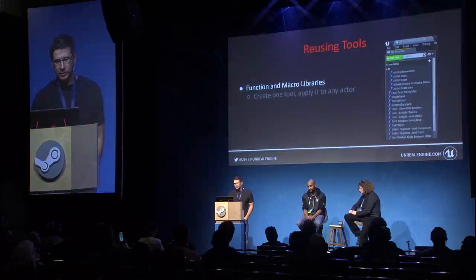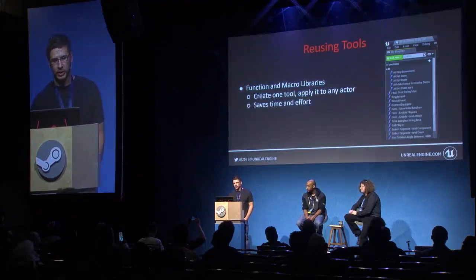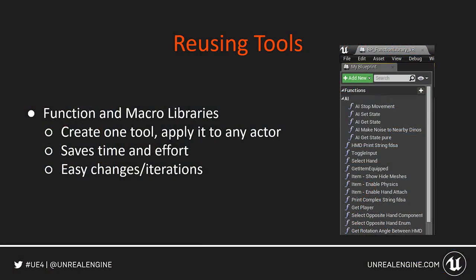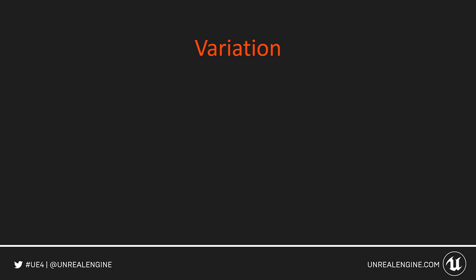Same thing with tools. Unreal makes it really easy to reuse your tools. Early on, we made a lot of mistakes of rebuilding the same function over and over again in a bunch of classes that were unrelated, and turns out, hey, there's actually a thing. They thought of this already. I'm sure it's been around forever. Functions, macro libraries. You can reuse these on any actors. You create your logic anywhere, apply it to any actor that can actually use it. Makes for easy iterations and changes. And when you know that it's all going through the same pipe, through the same location, the same bottleneck, you can debug that action a lot simpler.